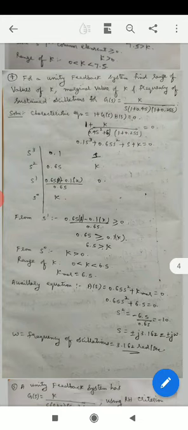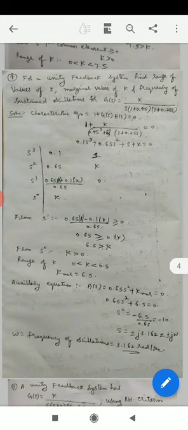Here, what is the highest power of s? The highest power of s is 3. So the s cube coefficient is 0.1. The next highest power of s, s square, should be written in the second row. So s cube is the first row and s square is the second row. How will you write the first row elements? The s power 3 coefficient is 0.1. Next, 3 minus 2 is s1. The s power 1 coefficient is 1. So the elements present in the first row are 0.1 and 1.